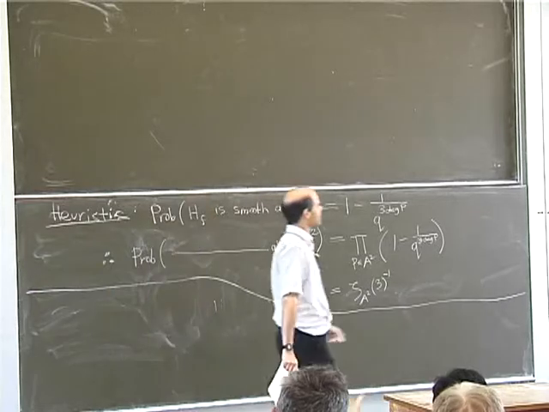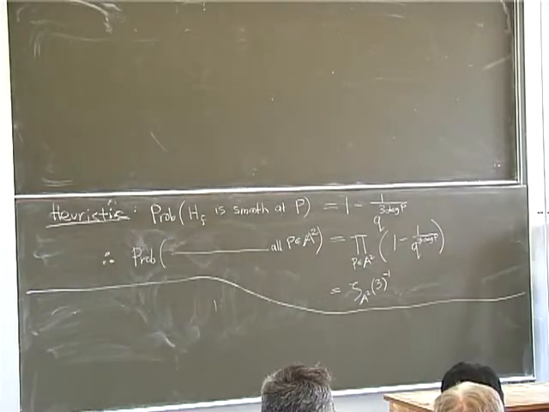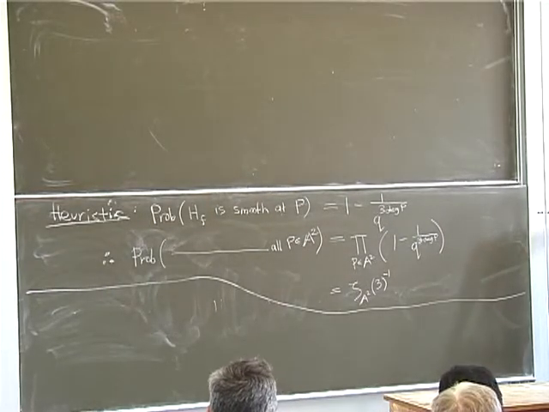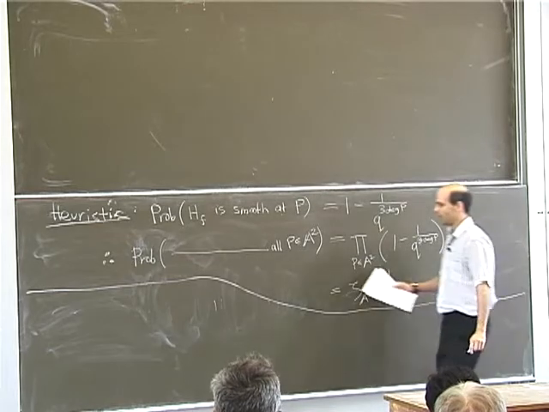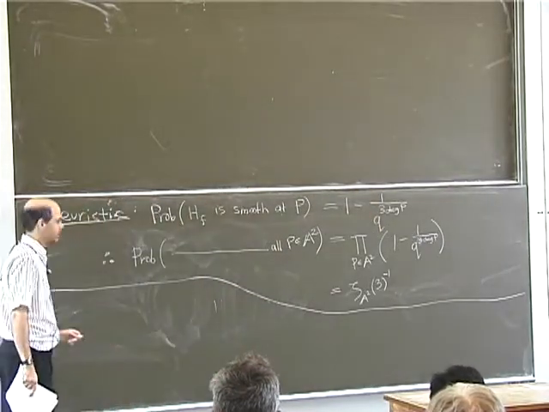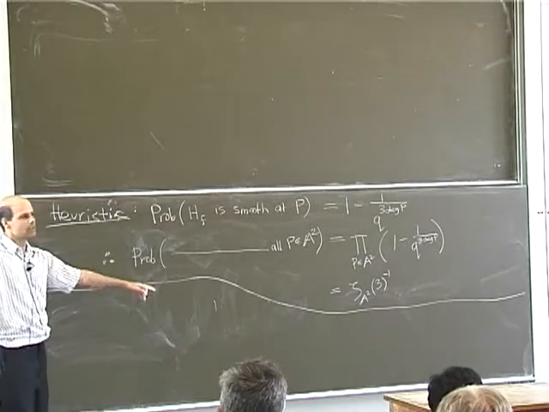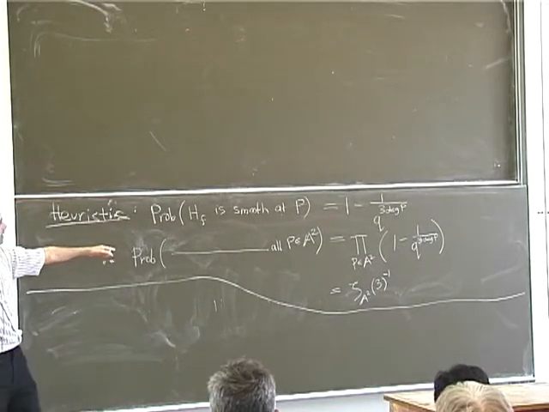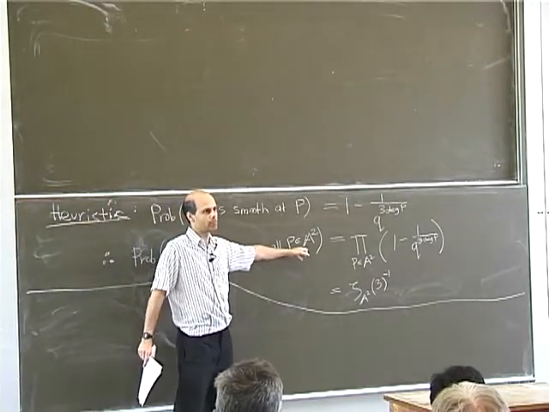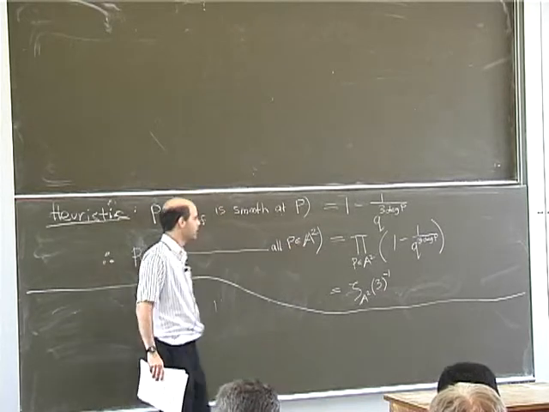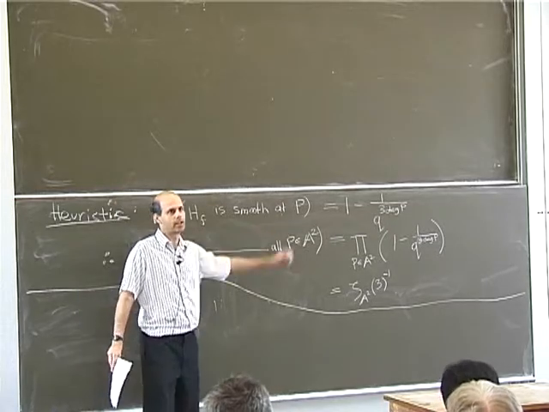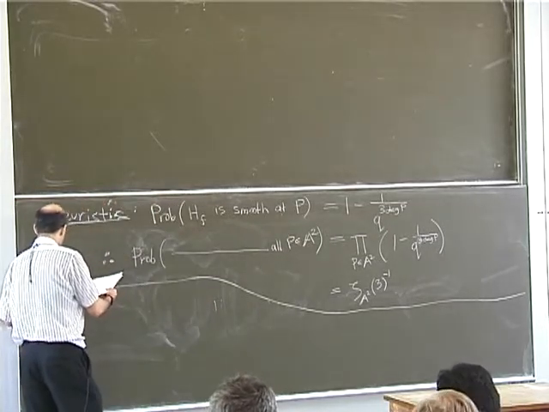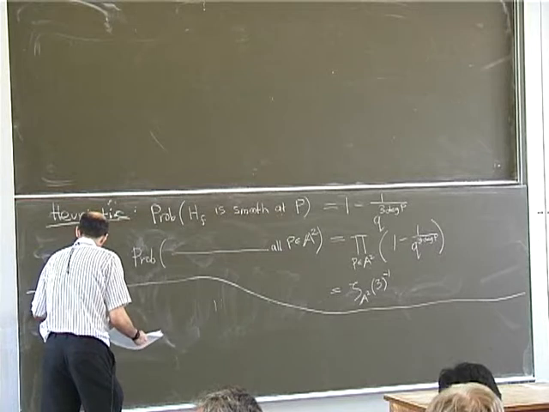Actually, what I did there was divide up the primes into two categories: the small primes, which were the ones up to R, and the big ones, which were the ones greater than R. Here I'm going to have to break it up into three categories. The primes are replaced by these closed points. The closed points are playing the roles of the primes. There's a condition at each closed point, and I can measure the size of a closed point by the residue field degree. So the first category will be the points of low degree.